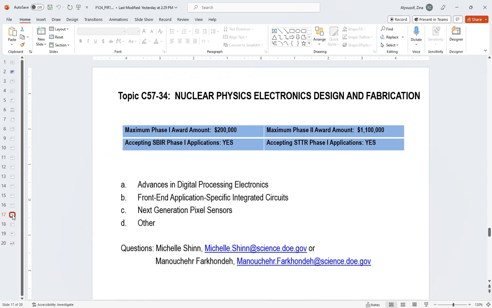Listed on there is my friend and colleague, Dr. Manusha Fakande. In nuclear physics design and fabrication, what we're really doing there is, you've got an instrument, and some of these things are quite large. They fill buildings or a building size. Some are much smaller. They can fit in a room. But in all cases, we're looking for finer resolution. In other words, more effective number of bits, increased number of inputs, faster sampling rates, all at a lower power consumption and cost per channel.